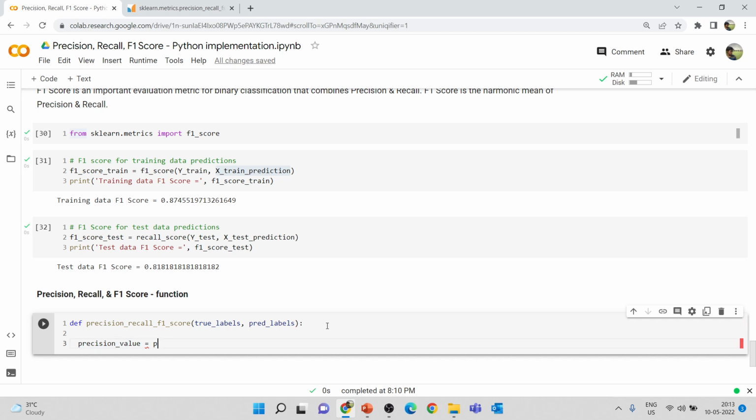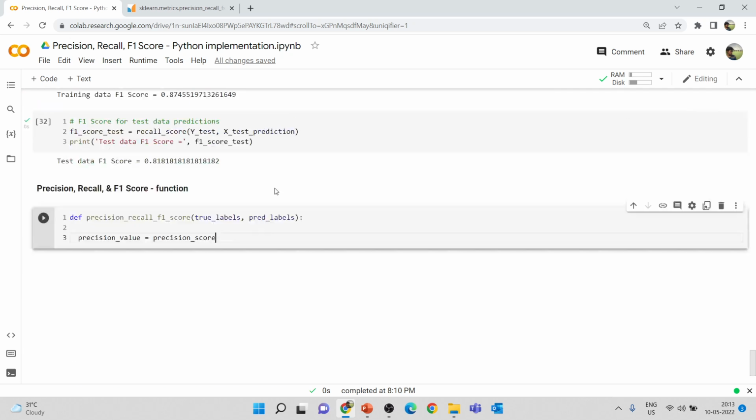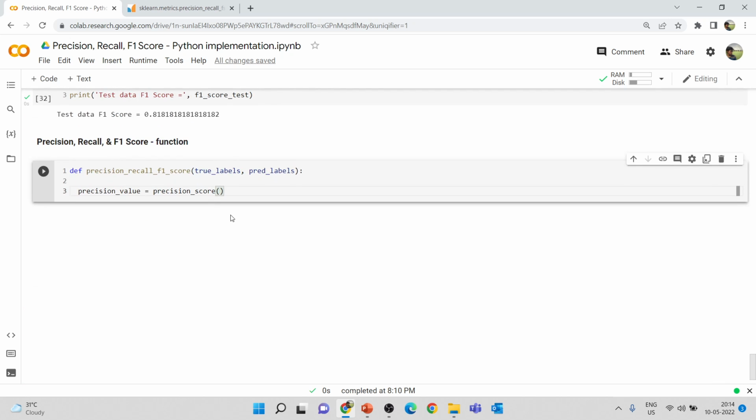So let me just complete this. This will be precision score. First you have to import this. I have already imported precision, recall, and F1 score separately. If you are not doing this individually, you need to import these three functions. So precision score, so I have to say true labels comma